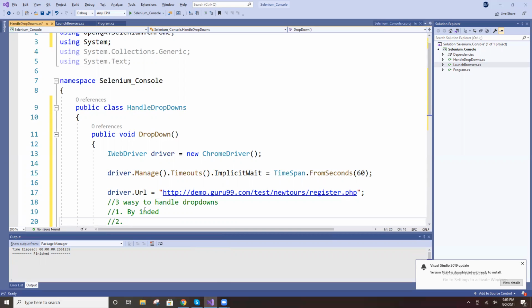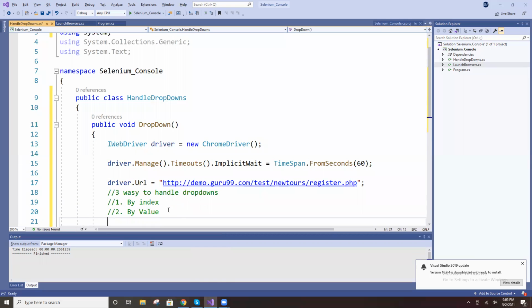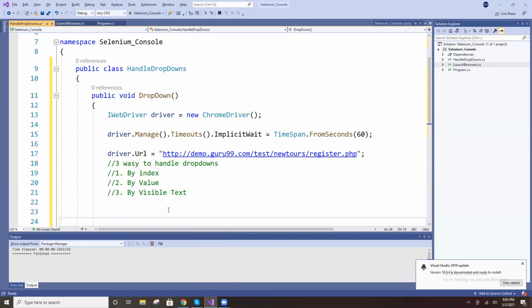Second one is by value. Third one is by visible text. Okay. These three ways are there.